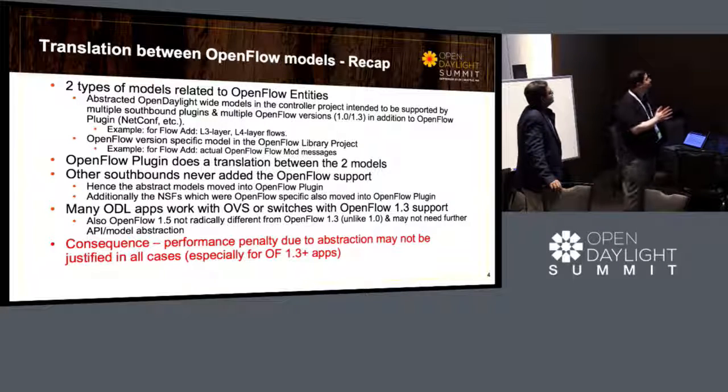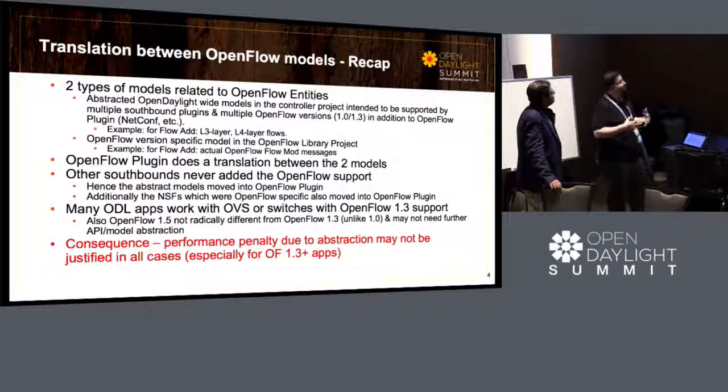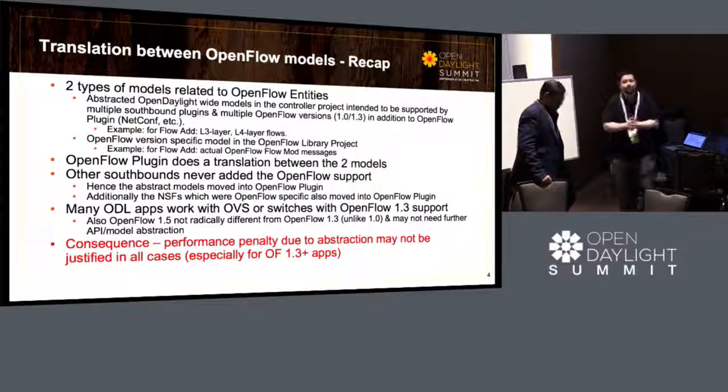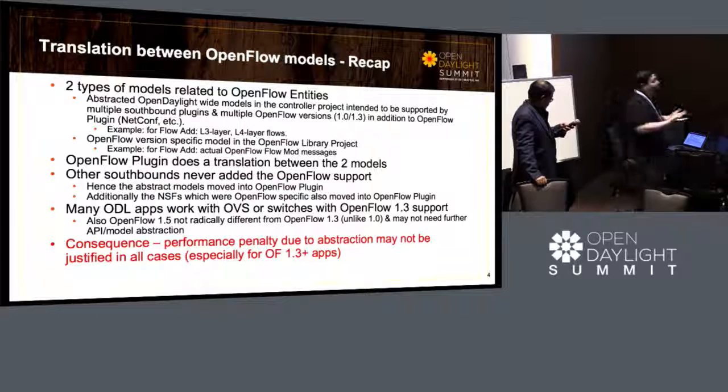These controller-wide models were intended to support multiple versions of the OpenFlow protocol, as well as other flow capable protocols. The idea was that we'll have it more generalized so that people might be able to program flows via either netconf for OpenFlow or some other mechanism in the future. And the OpenFlow plugin would be doing this translation between these models. Unfortunately, or whatever it is,